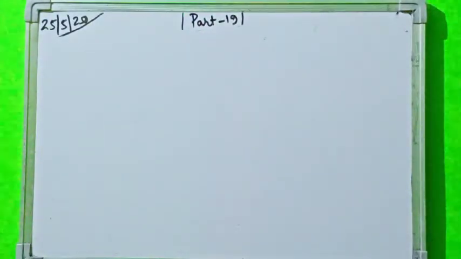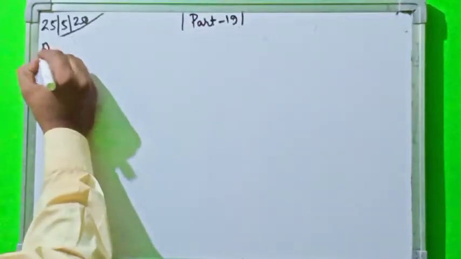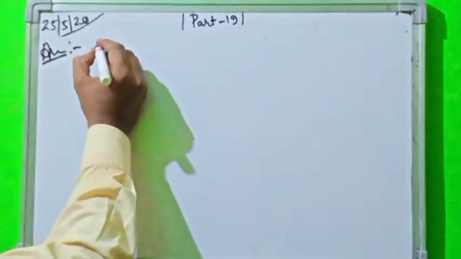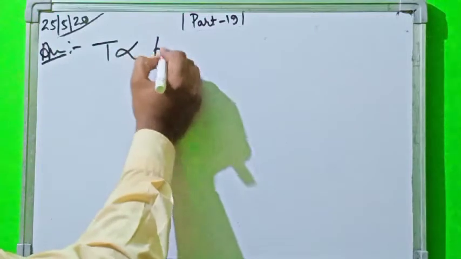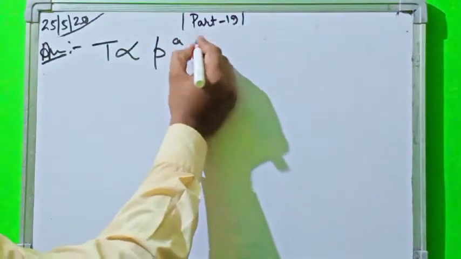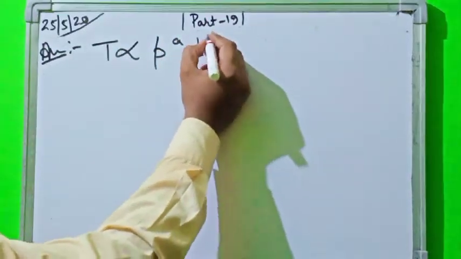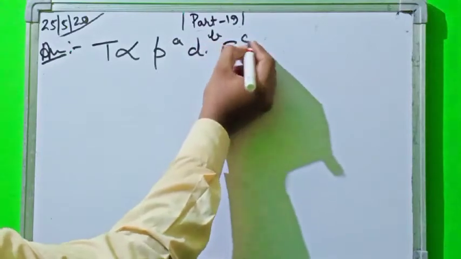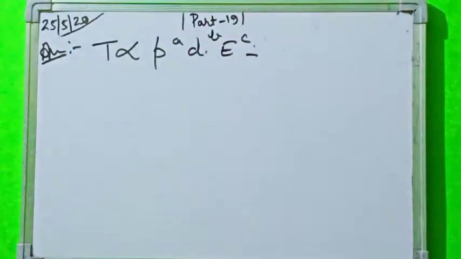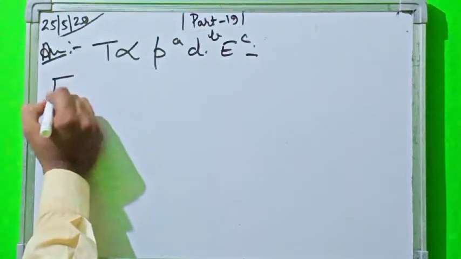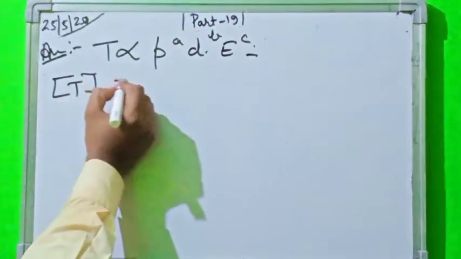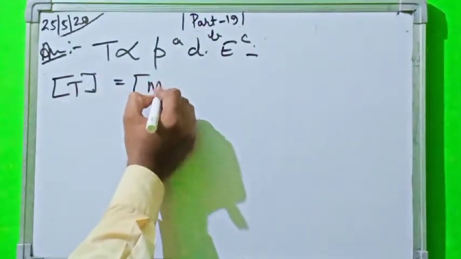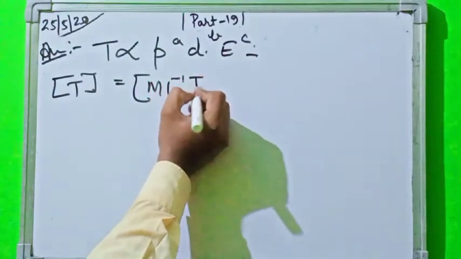Given that T is proportional to P to the power A, D to the power B, and E to the power C. Putting the values, T is the time period, P is pressure, M L⁻¹ T⁻²